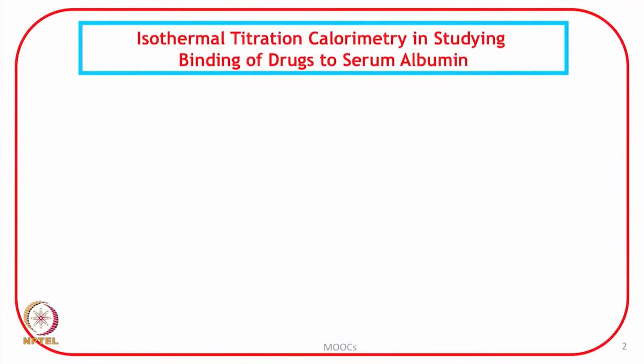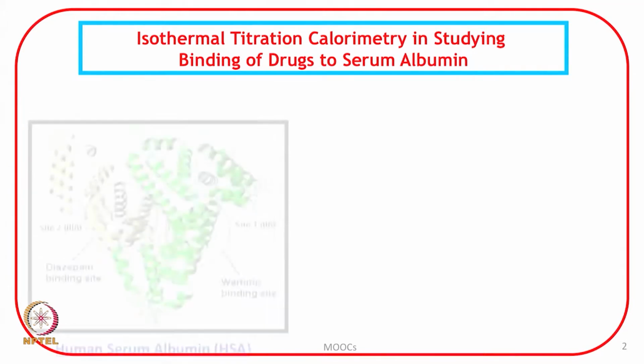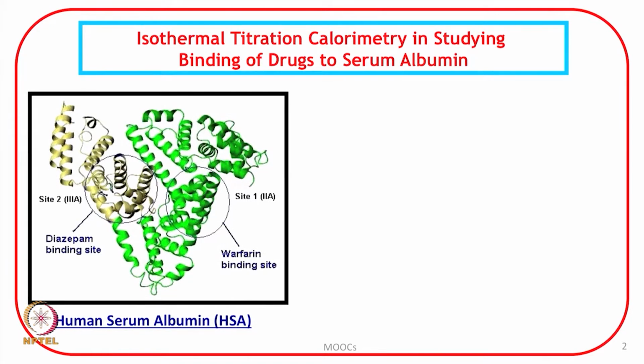Let us take a look at the slide. To begin with, let me again take the example of serum albumin. Let us take a look at the structure of serum albumin. This is the structure of human serum albumin,